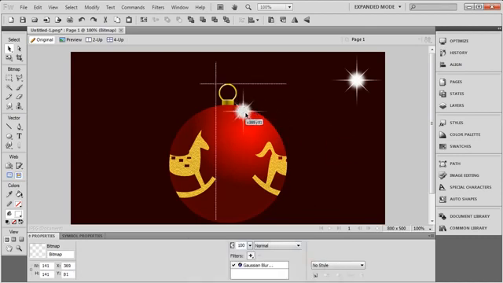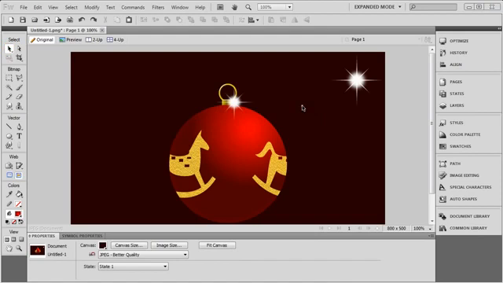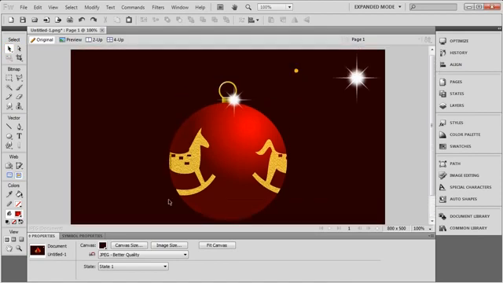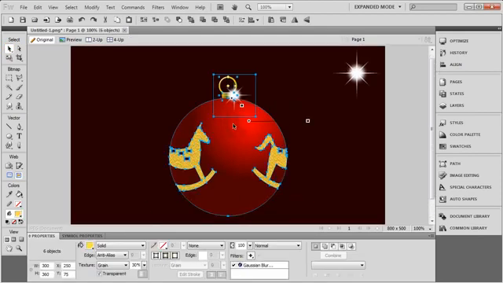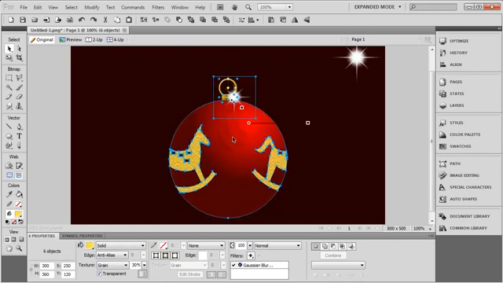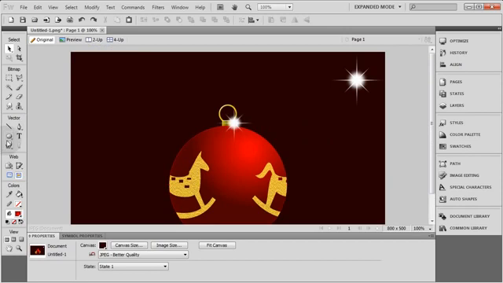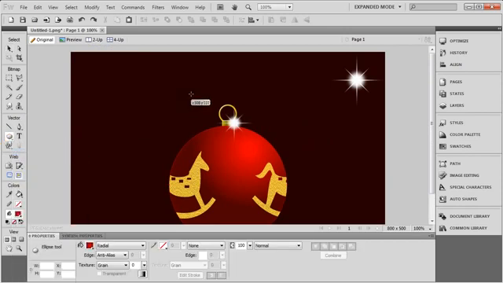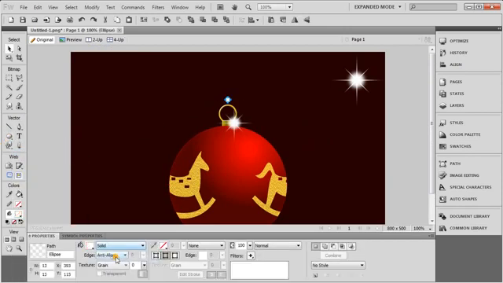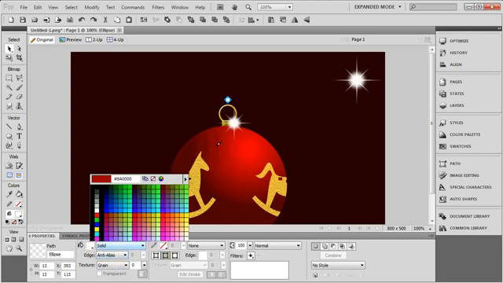Then I'm going to take that and position it right there. I'm going to bring down the size of it, scale it down a little bit. Okay, now you can just take little gold balls and make a chain. So you can highlight all of those items. Let's drag this down a little bit, right about there. And I'm going to draw out a little ellipse, make it solid gold,